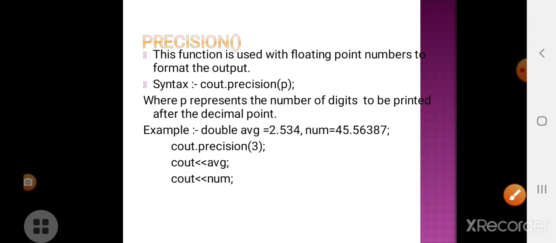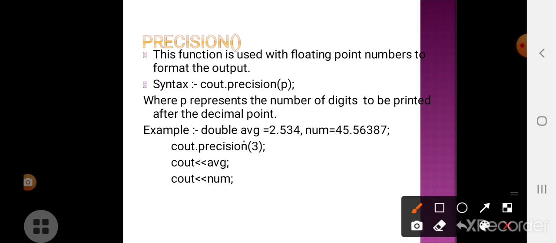So next is precision. What this precision function does is, it is used with floating point numbers to format the output. See here we are having the average variable, 2.534.